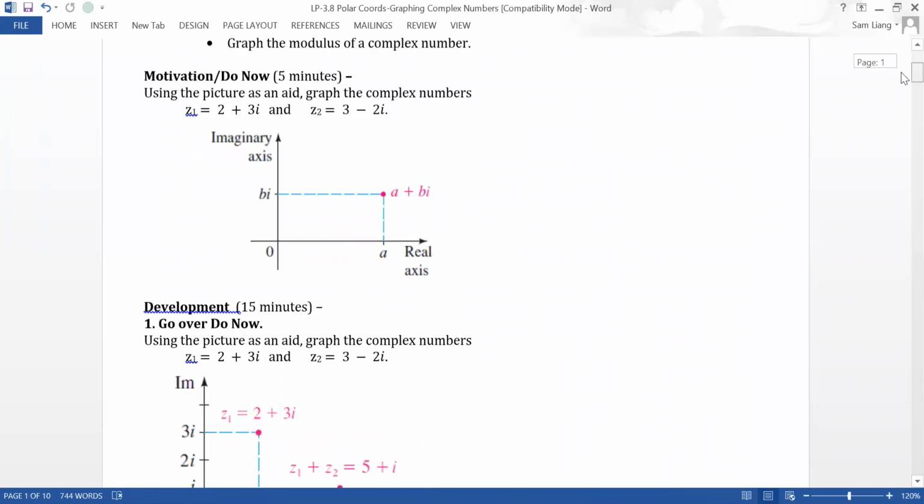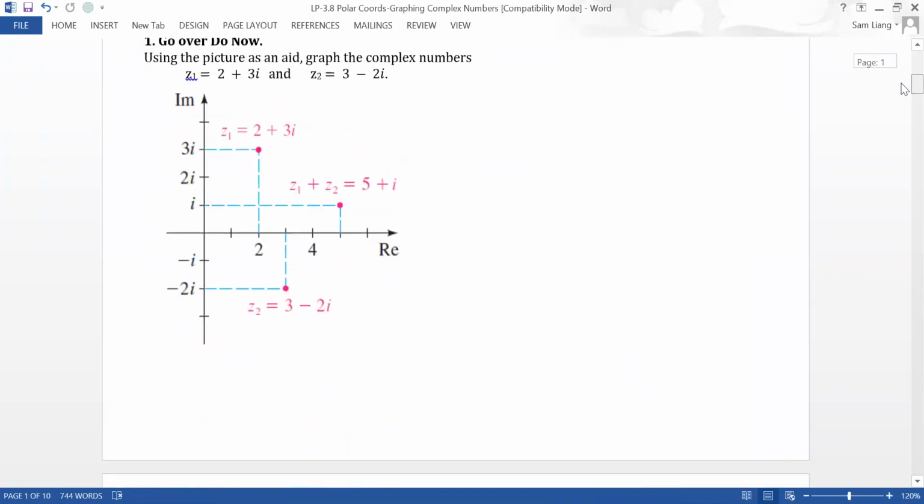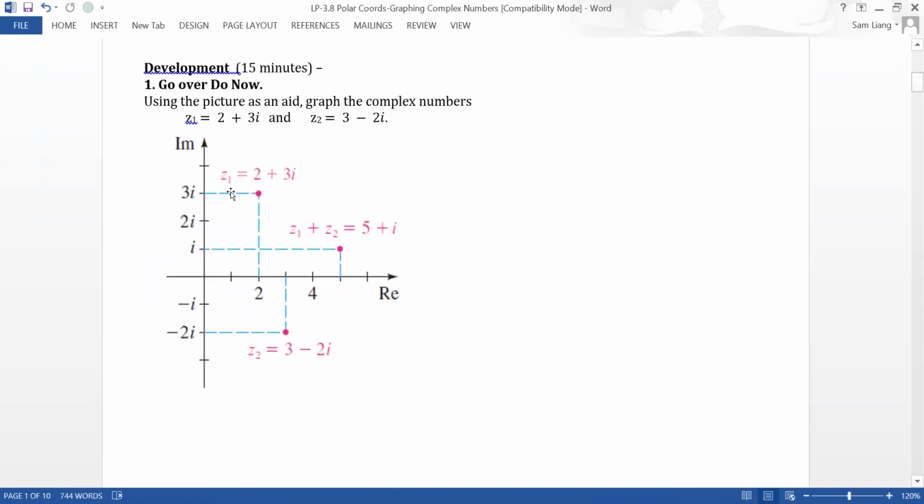Okay, so here is the first complex number. It's 2 plus 3i. So you go to the right 2 and then 3 up. So in the complex plane, when you're graphing complex numbers, the horizontal axis is going to be the real axis, and then the vertical axis is the imaginary axis. Okay, so like 2 plus 3i. So this 2 will be the x coordinate, the horizontal coordinate, I mean,